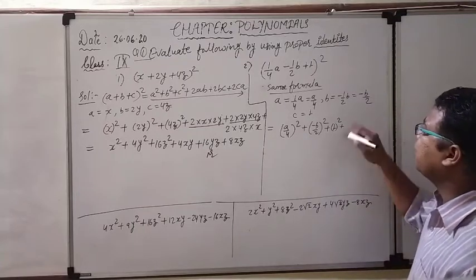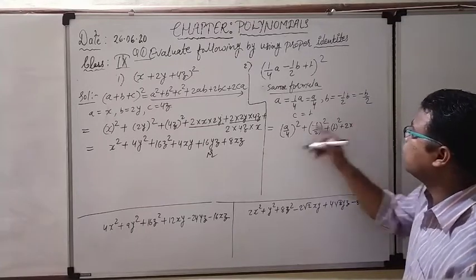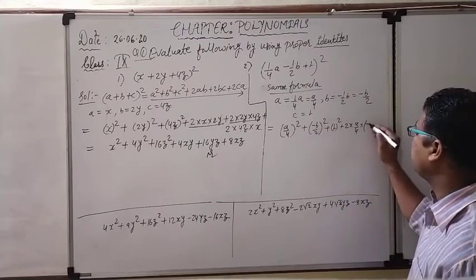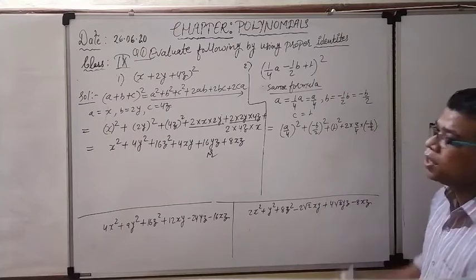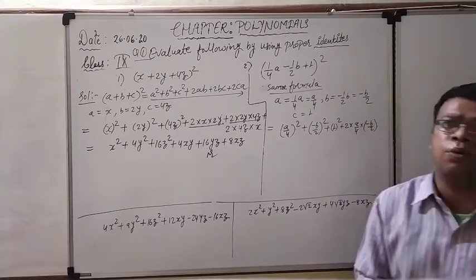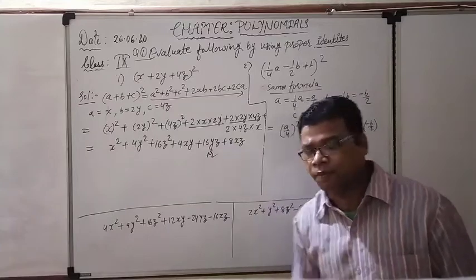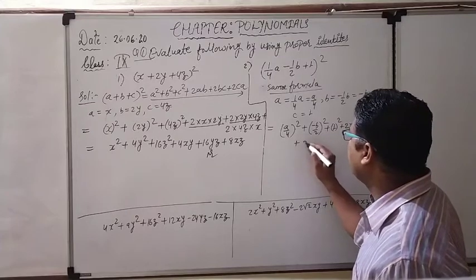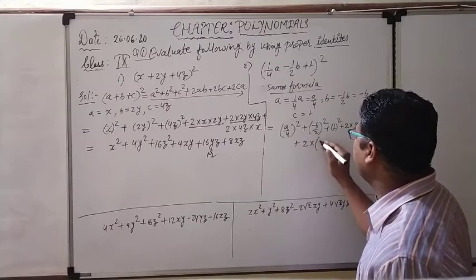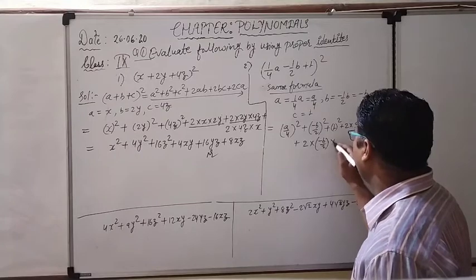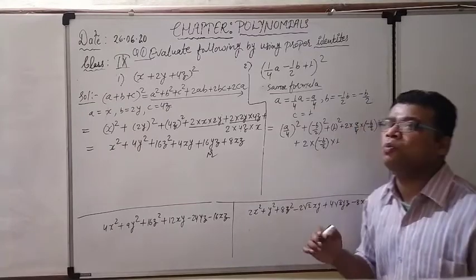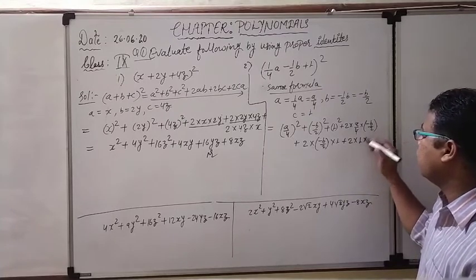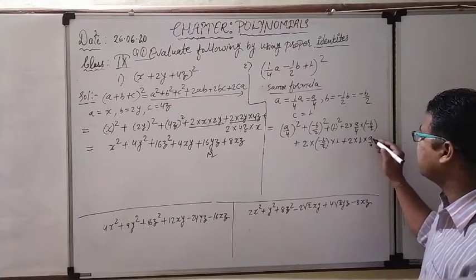And right now see, after that 2ab, 2 into a, what is a? a upon 4. Into b, what is b? Minus b upon 2. Right now you can see this minus b upon 2 is a negative term. That's why I am putting the bracket. Right now see the next thing, this is the 2ab. After that plus 2bc, what is 2? After that b, again what is b? Minus b upon 2. What is c? 1. So that 1 no need to put inside the bracket. Plus 2ca, 2 into c, what is c? 1. What is a? a upon 4. I think it is okay for you?